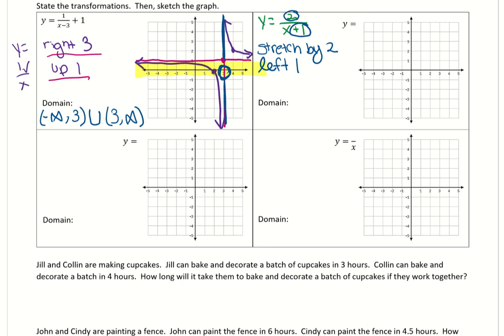We'll take care of the stretch in a second, but for now, let's start by moving our asymptotes. Normally, they intersect at 0, 0. Now we're moving them to the left 1. So our asymptotes, those guidelines, are going to intersect here and here. Whoop. I think my sleeve hit the computer screen. There we go. Okay. So now when it comes to stretch by 2, please, please, please remember that stretches are